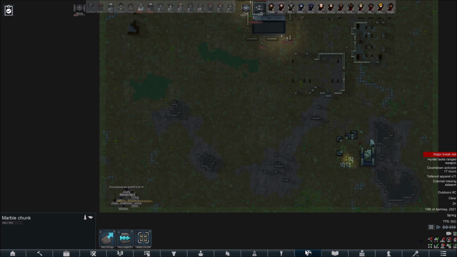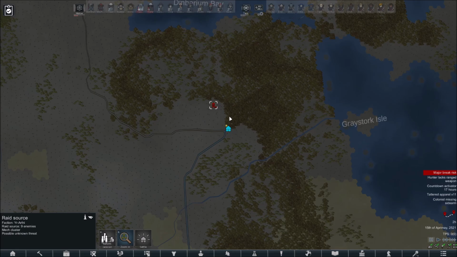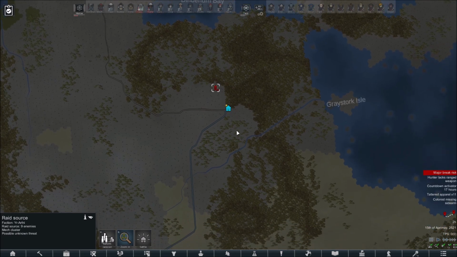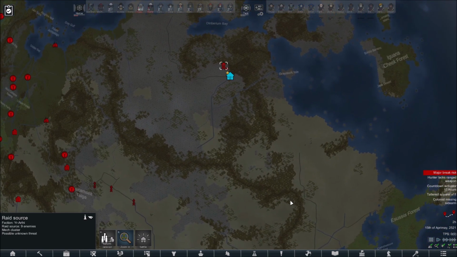So if we jump back to the world map here, there was a raid source with some Mechanoid or a mech cluster that we needed to deal with. And so after having completed some other quests in, I think, vaguely this area, we sent our caravan on back home, and